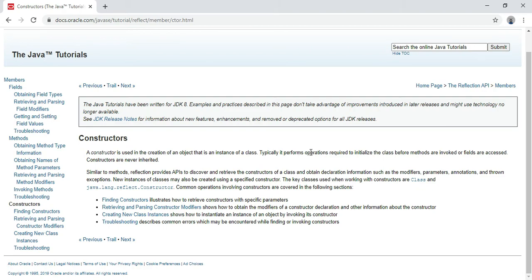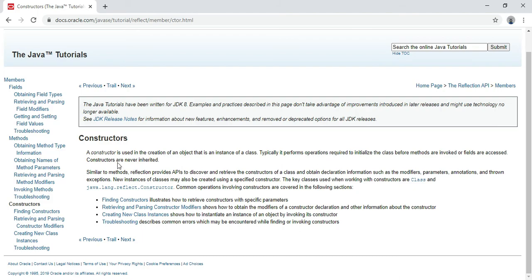Typically, it performs operations required to initialize the class before methods are invoked or fields are accessed. As we have seen, it provided initialization with the default value to our instance variable, and in the same way it will also initialize the instance methods in memory.